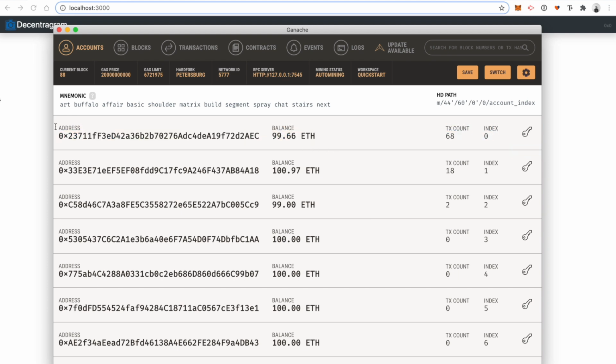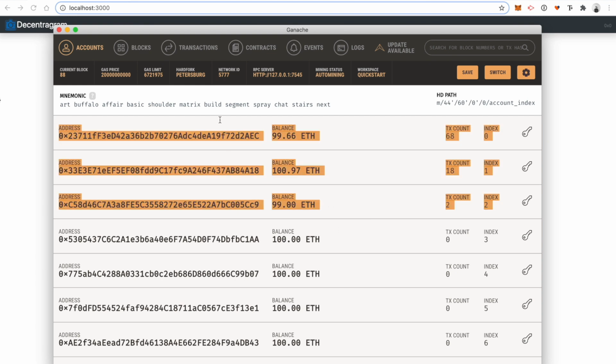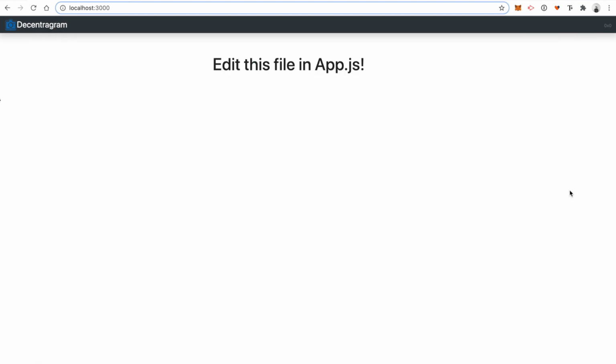So Truffle uses this first account in the list as the deployer account, and so it deployed the smart contract to the blockchain already, and that's why the balance has gone down. But it also used it to simulate the tests, and so that's why this balance has gone up. So this is the person that received the tips, I guess, or maybe this is the author, and this is the tipper. So yeah, these are the first three accounts in the test scenario. That's why these balances have changed. So sorry, that's kind of a little bit of a tangent, but